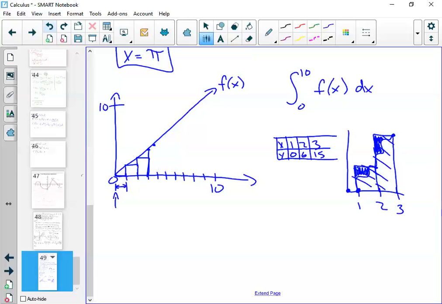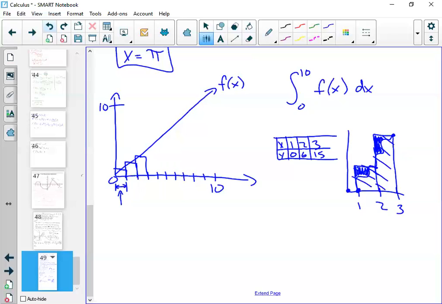You could also use what's called a middle Riemann sum. Instead of starting on the left or the right, you start drawing your rectangle from the center of your interval. So we're going to come here, and then here, and then here, so on and so forth. And as you can see, for this particular graph, a middle Riemann sum is actually going to give us,